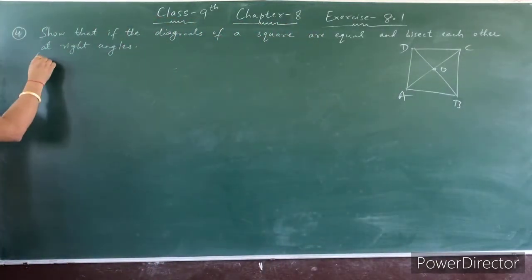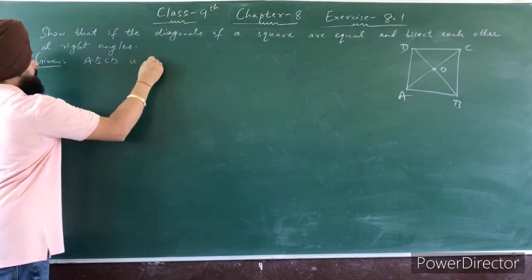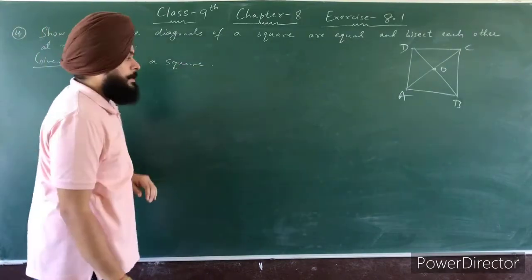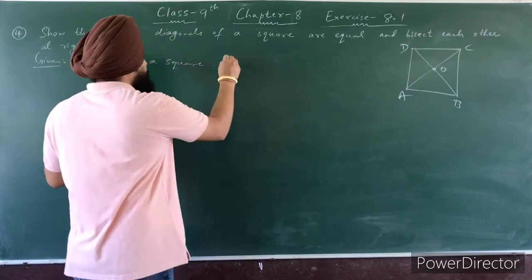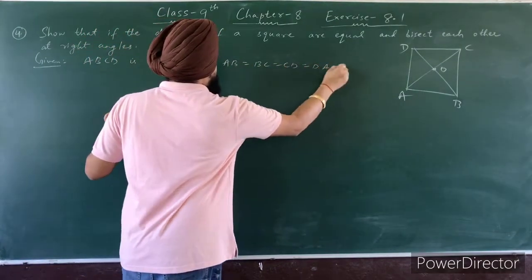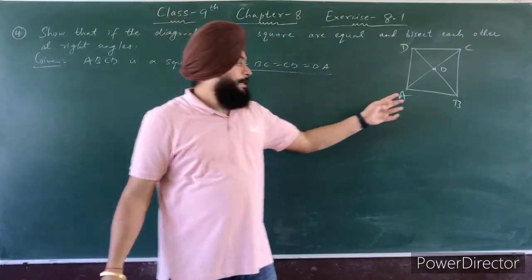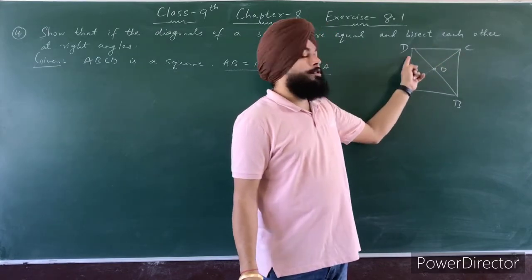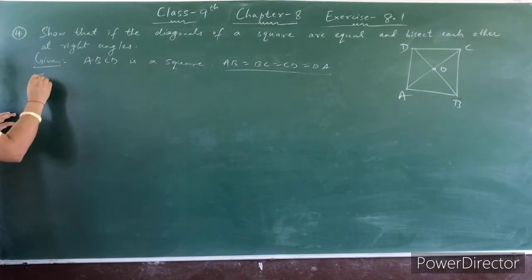First, write the given. ABCD is a square, in which we know AB is equal to BC equal to CD equal to DA. And its vertex angle is of measure 90 degrees. Vertex angle means this one. Angle A equal to angle B equal to angle C equal to angle D is equal to 90 degrees. So to prove,